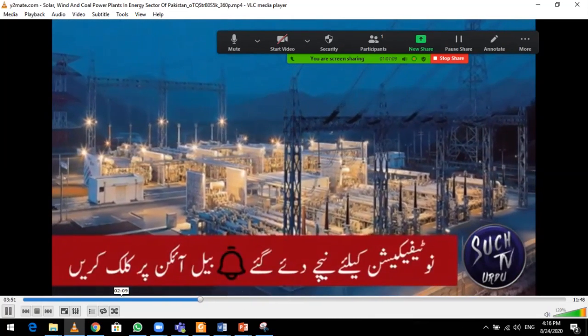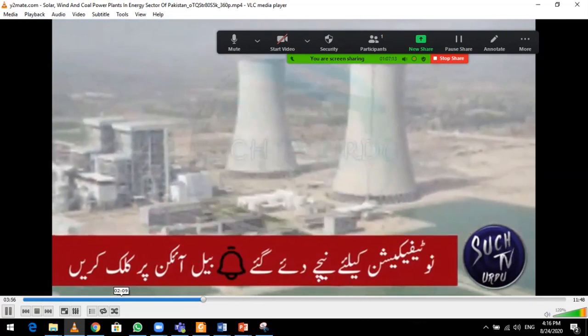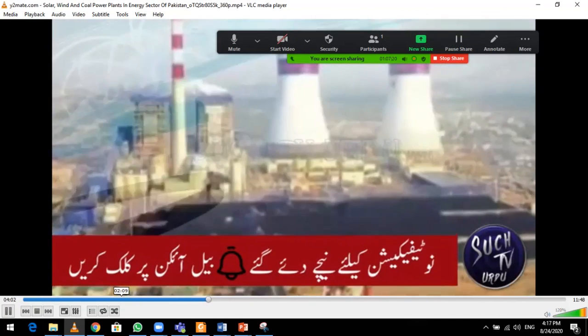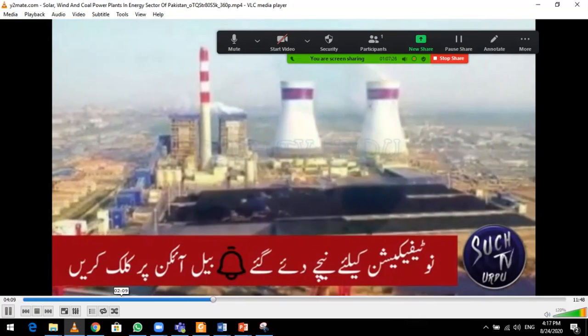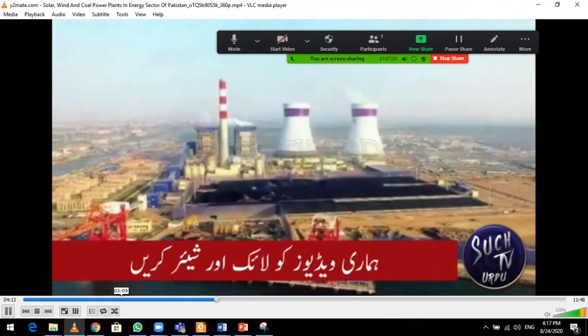उनमें सबसे पहला है साहिवाल कोल पावर प्लांट। ये पंजाब में है और ये 1320 मेगावाट इलेक्ट्रिसिटी जनरेट कर रहा है। इनमें दूसरा प्रोजेक्ट जो है वो सिंध में है, इसका नाम है पोर्ट कासिम कोल पावर प्लांट। ये भी 1320 मेगावाट की बिजली प्रोड्यूस कर रहा है और इसमें भी कोयले से बिजली बन रही है।